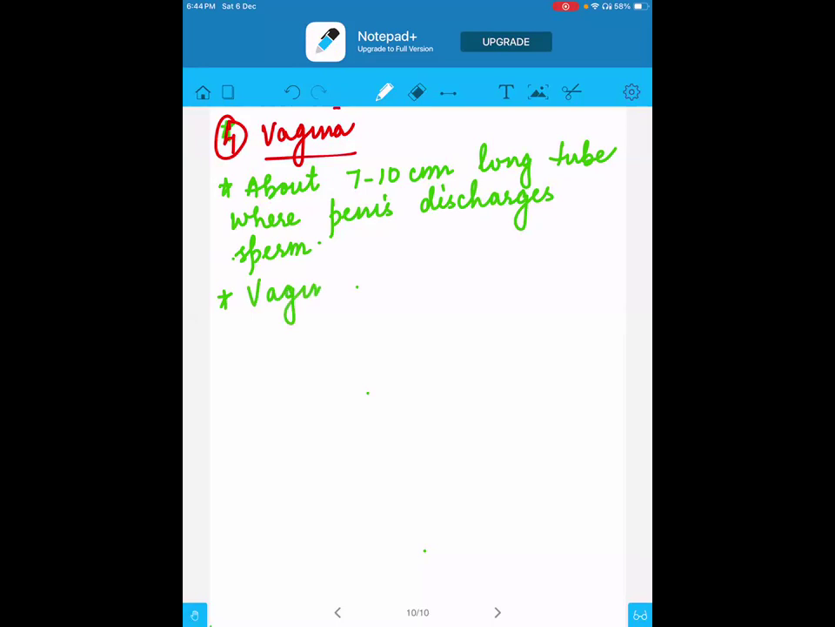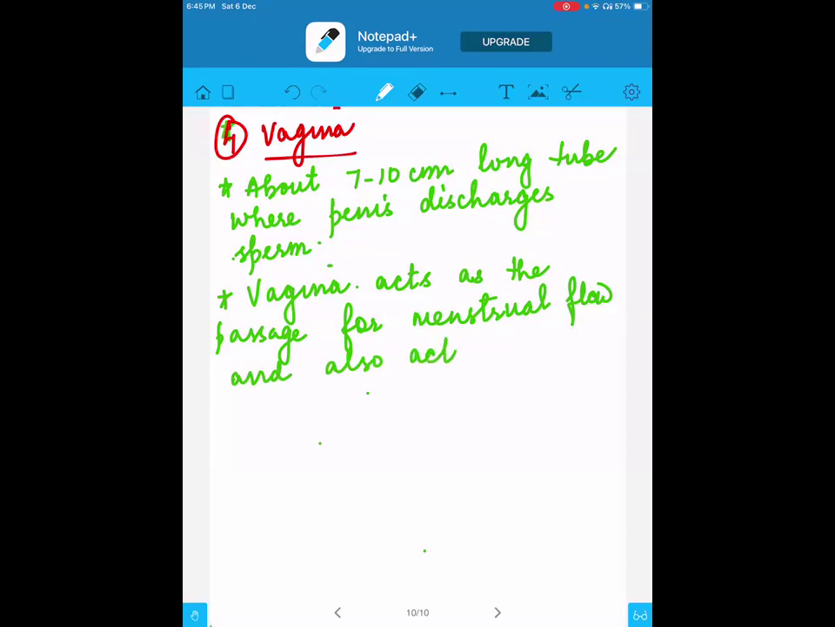Then also the vagina acts as the passage for menstrual flow. See how the cycle is going on. Everything is happening inside the body, but it is then moving out. The uterus is releasing the blood, then it is giving it to the cervix, the cervix giving it to the vagina, and then the vagina is releasing it outside. So the vagina acts as a passage for menstrual flow